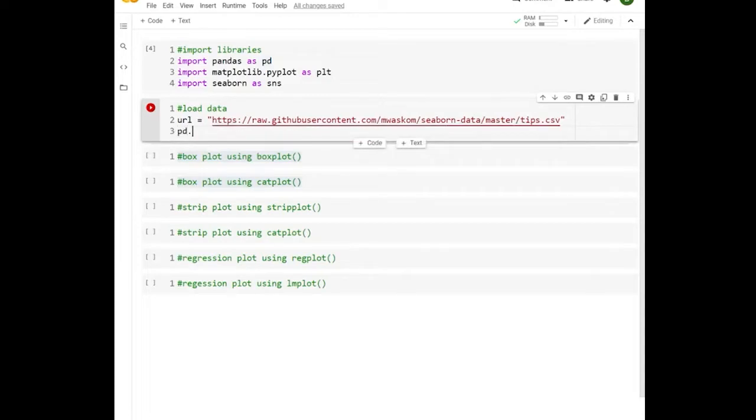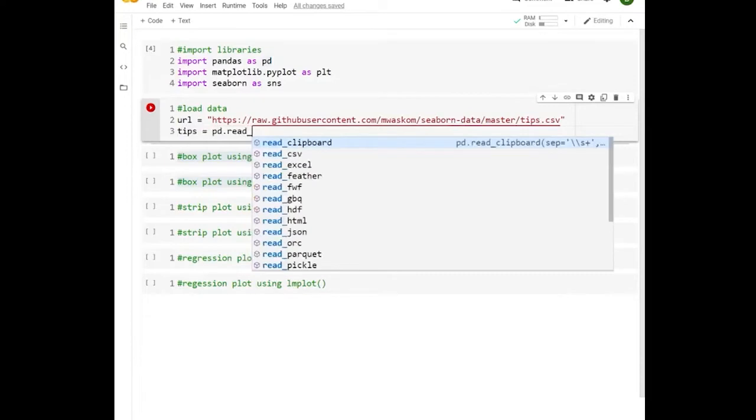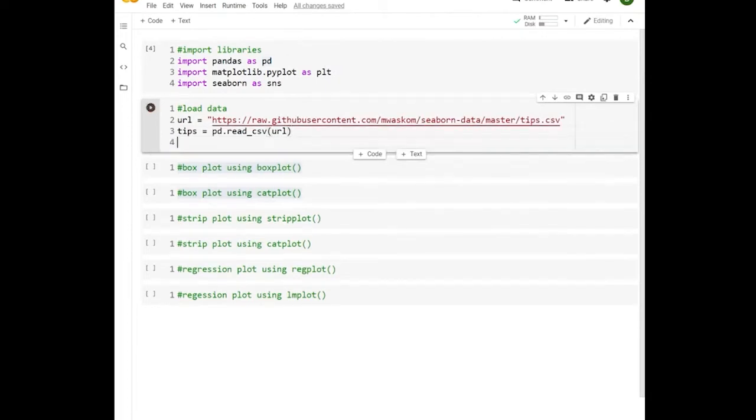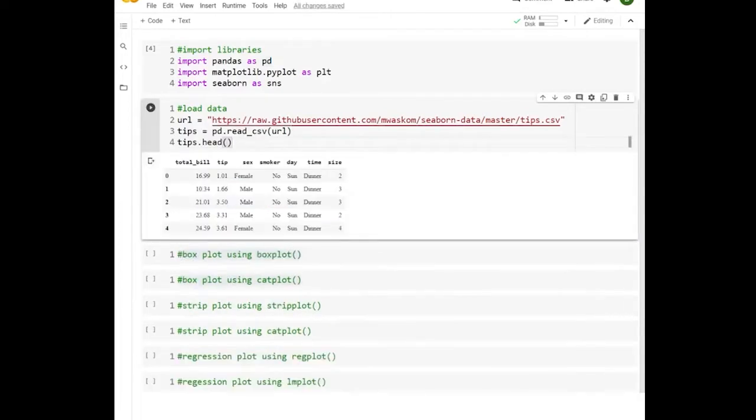And I will use the read CSV function to load that in. I'll put the URL variable and run that. In addition to that, let me just go ahead and do the head method so we can see how the data looks like. All right, so we're dealing with several data columns, several variables, and you can see what the